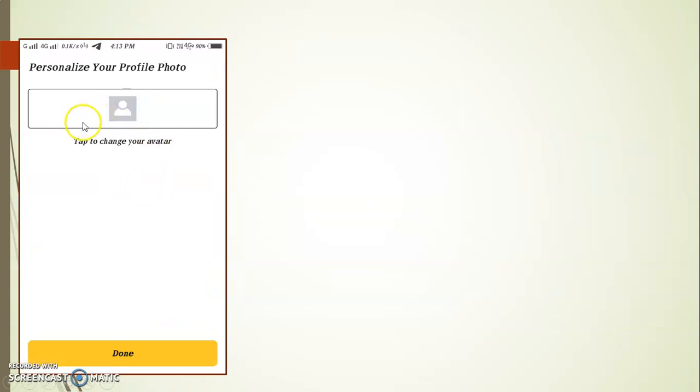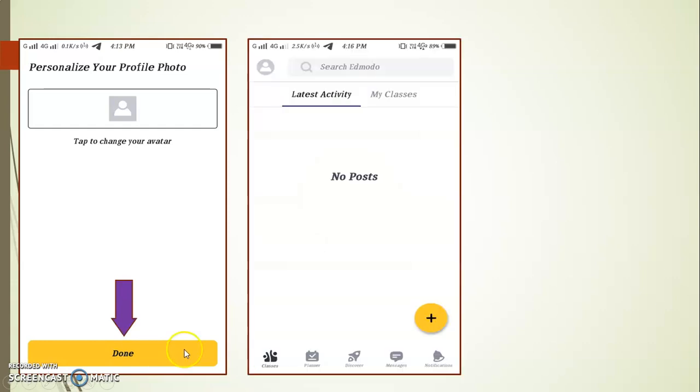In this window you need to add your photo, then click on the done tab, and it will take you to the next window. If you don't want to upload the photo, you just click on the done button.